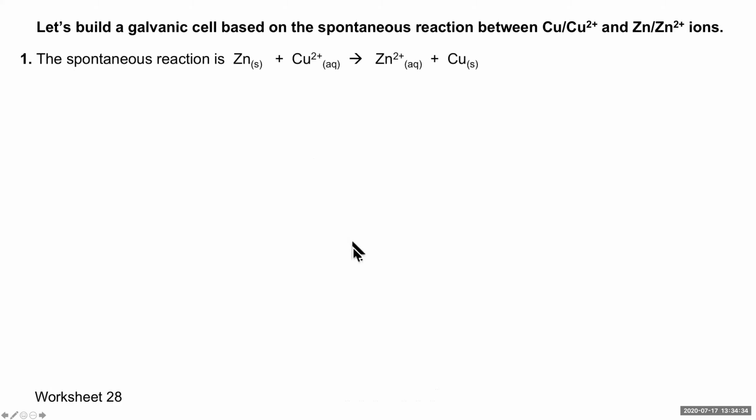There we go. Finally, the spontaneous reaction in this case would be zinc plus copper 2+ going to zinc ion plus copper. So we'd want to separate the oxidation and the reduction. This is the spontaneous reaction. Now, later in this chapter, in the next section, we're going to be able to decide, when you have a redox reaction, which one